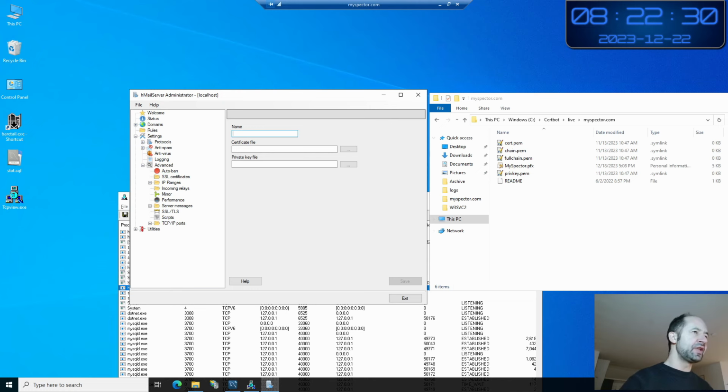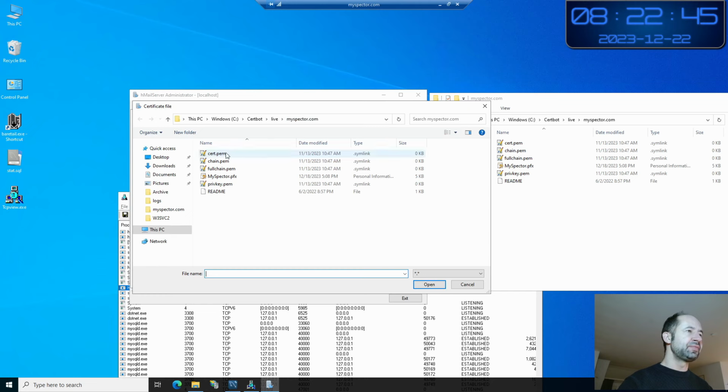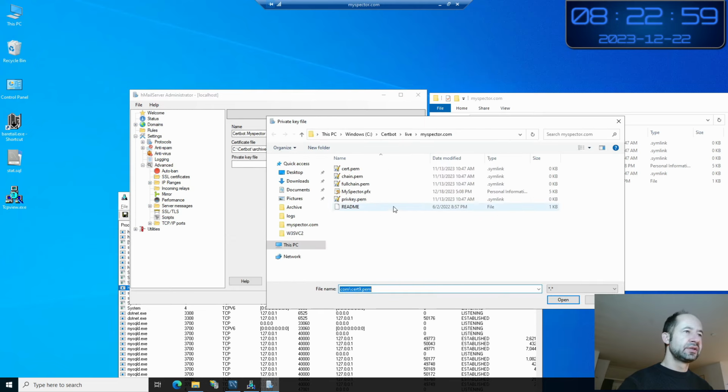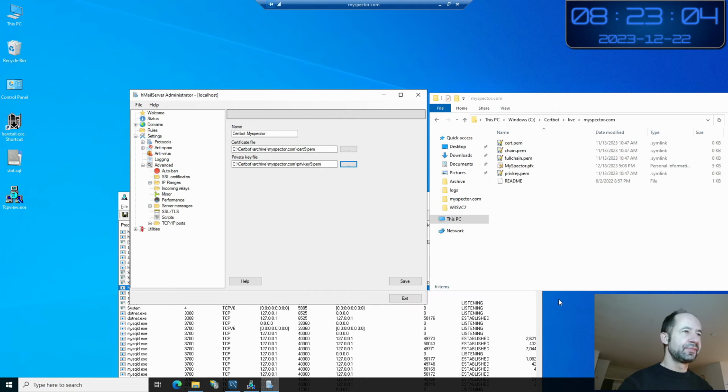So let's write for the name of the certificate, certbot-myspector. Then the certificate file is live myspector cert.pem, open. And here for the private key, privkey.pem, open.